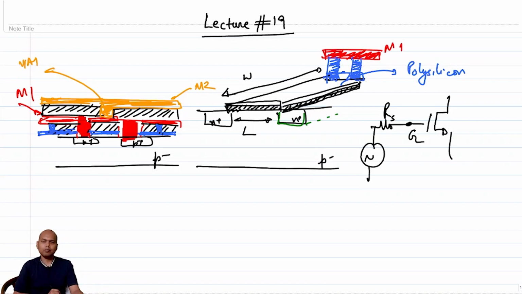And so on. This M1 will probably route somewhere else and then maybe connect to a resistor somewhere. The key thing to note here is that you are unable to make a connection uniformly all over the polysilicon gate. So what does it mean? This essentially means that